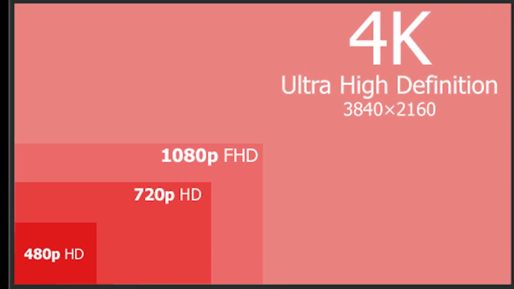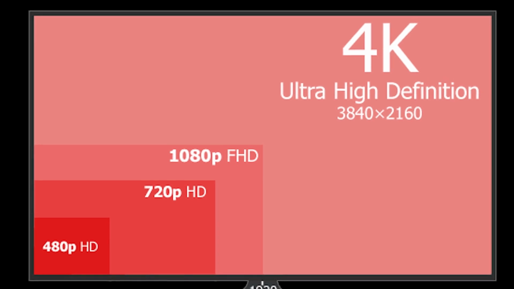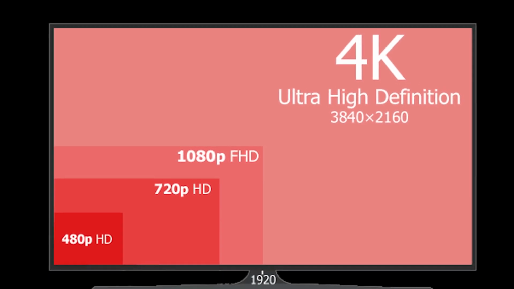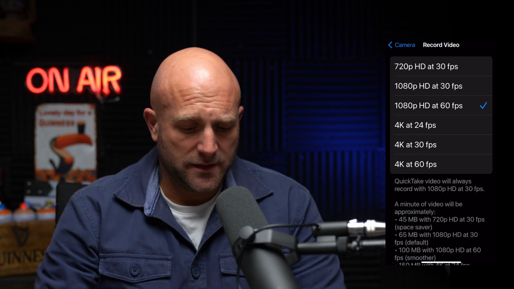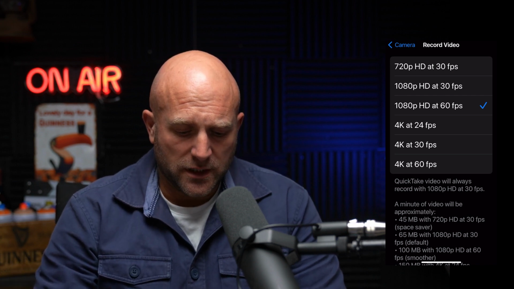So 1080 HD is a large enough quality on its own to be shooting in. 4K is about 3 times the size of HD. I'm just going to show you quickly on this diagram what I mean by that. It's a ludicrous amount. So we're not shooting for cinema, we're shooting for mobile phones. With that in mind, we'll delve back into the settings and you can see all the different frame rates